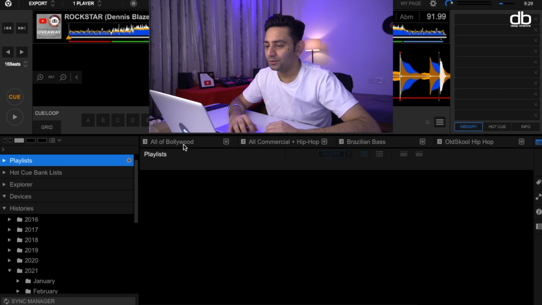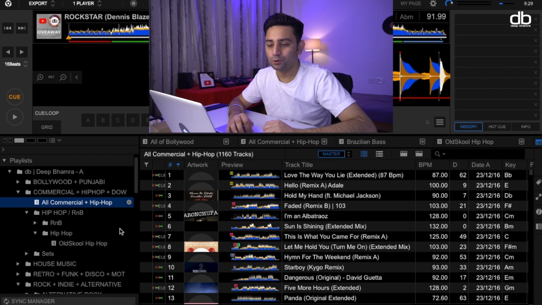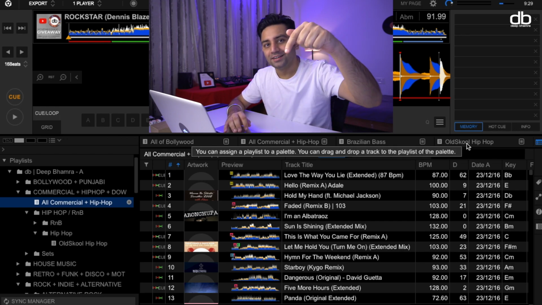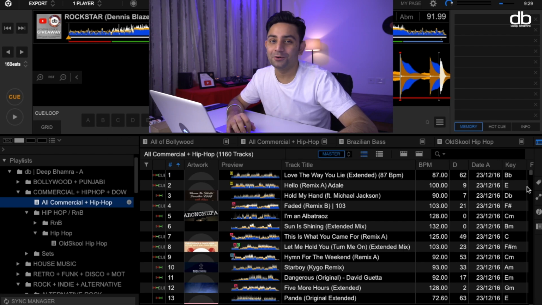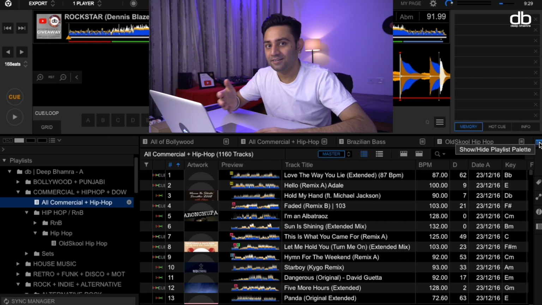Then every time you click on that particular playlist, that playlist will open up here at the bottom. You don't have to go through the tree window to get to your playlist faster, and that is by simply using the palette feature. If you already knew this feature, comment in the comment section below, and if you didn't know, please let us know that you learned something new. And that is how easy it is to activate this palette feature to get to your playlist faster.